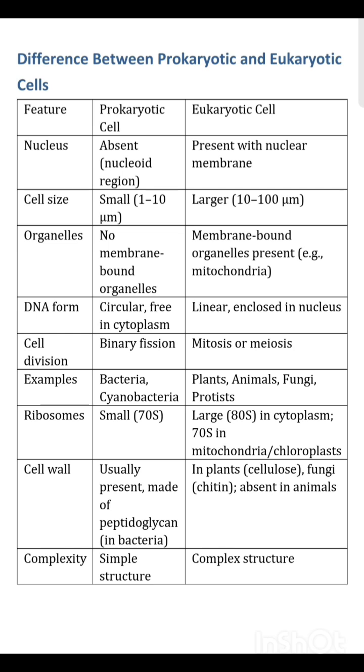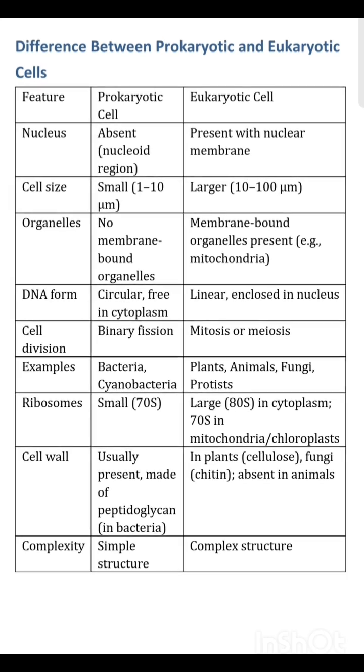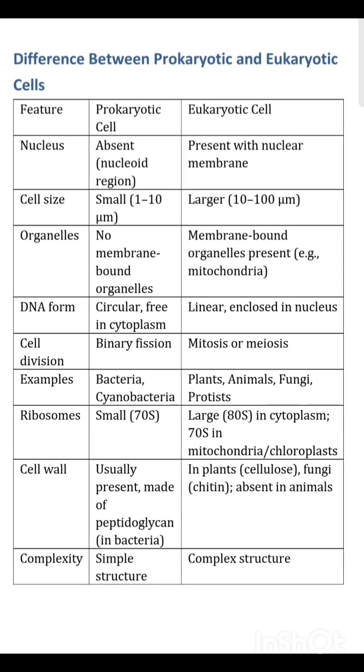The next feature is cell division. In prokaryotic cell, it takes place by binary fission, which is a simple method where the cell copies its DNA and splits into two. No complex steps are involved. Whereas in case of eukaryotic cell, it takes place either through mitosis or meiosis. Mitosis is mostly used for growth and repair, which makes identical cells, and meiosis is used for reproduction to make